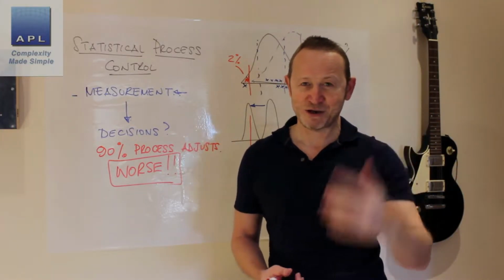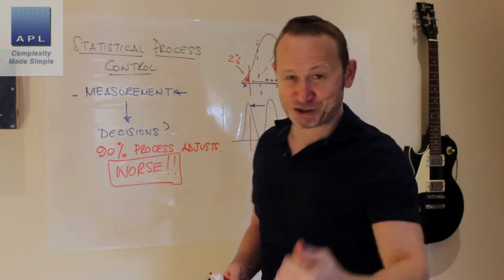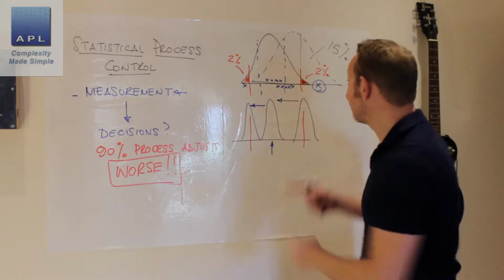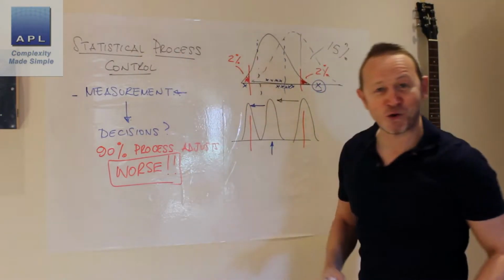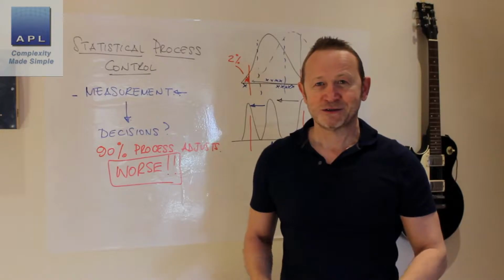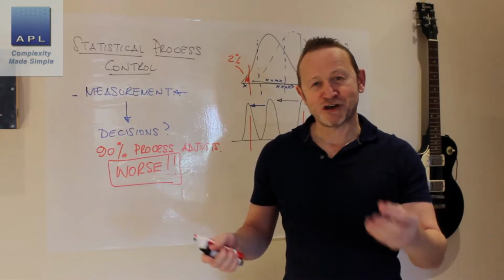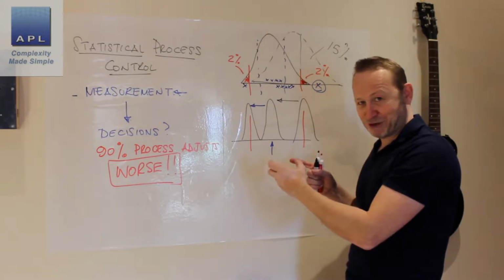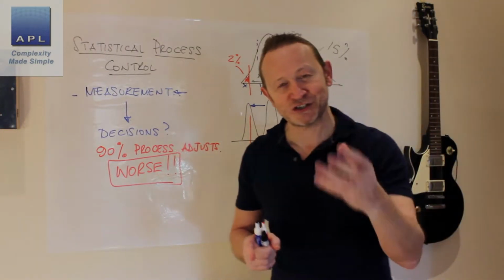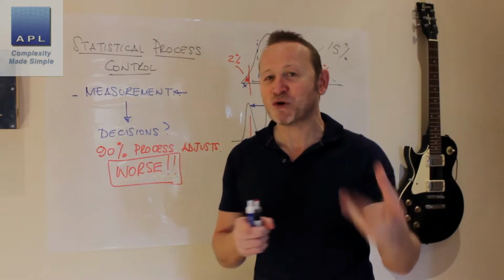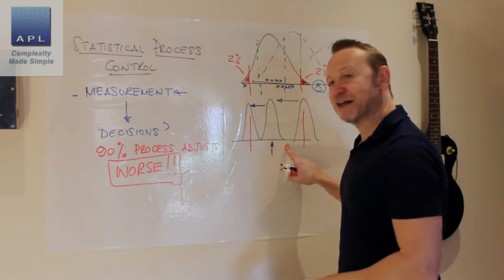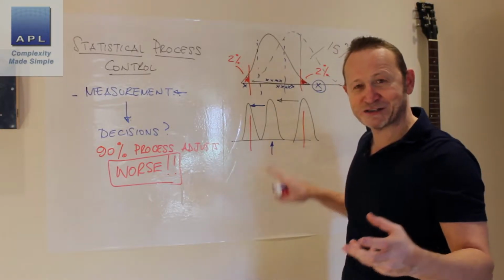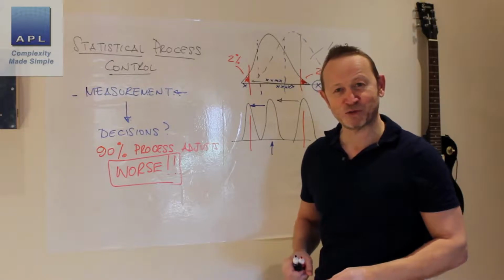Now they go grab a dial and they swing it back the other way. Well, it goes back there, so I'm going to grab this whole thing and I'm going to whoosh it over here maybe. What are they doing most of the time? They are making it worse. What's the data telling them though? The individual data points, and this is the key point, they're getting it a data point at a time. They think they're making it better when actually they're making it worse.